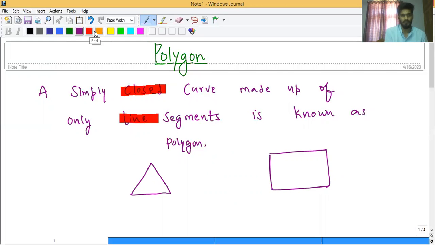All right. Now, few important points. These line segments, we will call them sides of the polygon. Okay. And where two sides meet, like these points, they will be called as vertex or vertices, like these points. So the number of sides, let's say 3, then there will be total 3 sides and 3 vertex. If number of sides are 4, 4 sides and 4 vertex. Let's say number of sides are 5, 6, let's say 7, and 7 sides and 7 vertex. All right. So that's what a polygon is.